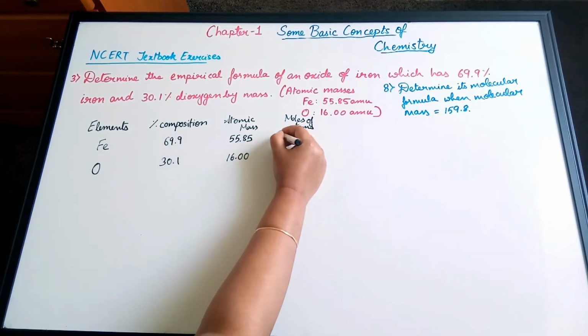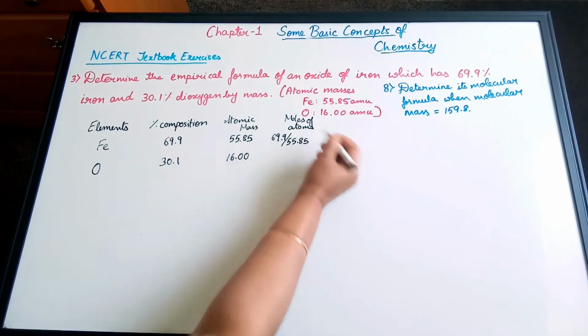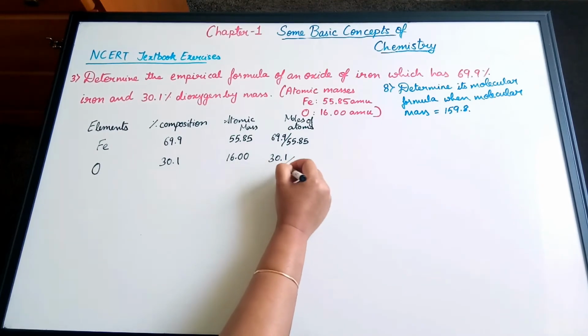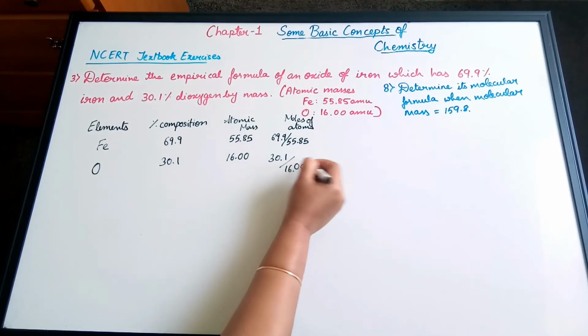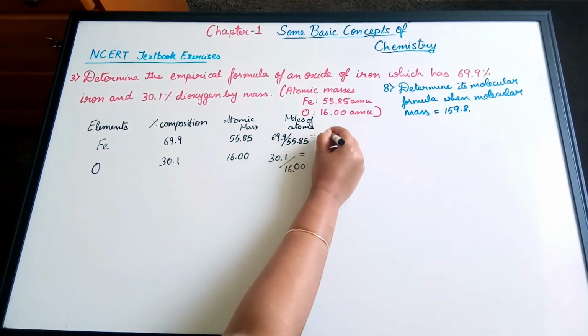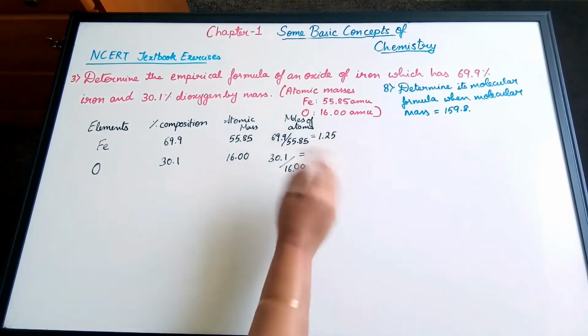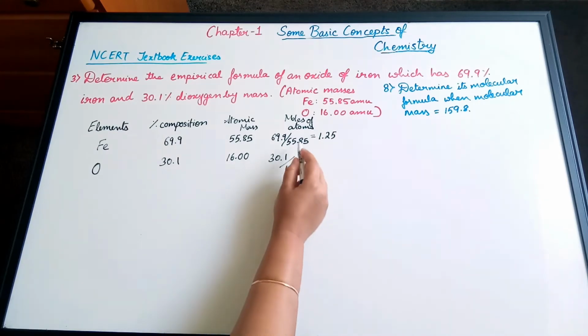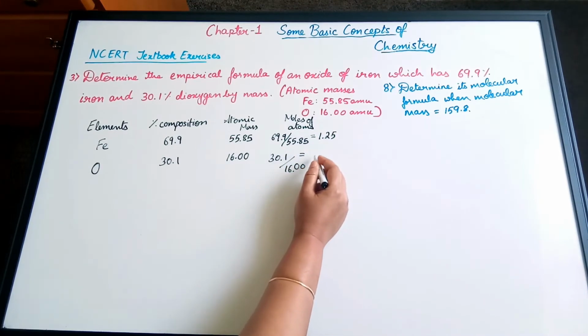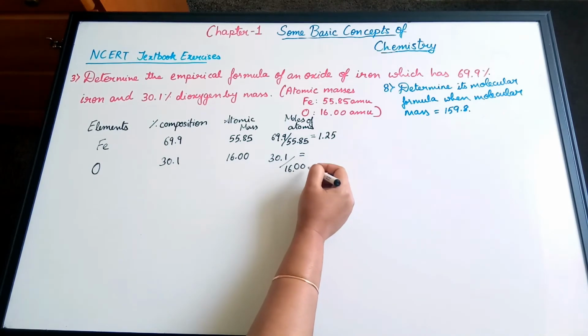So 69.9 divided by 55.85 and 30.1 divided by 16.00. So this will give us 1.251, but since we have only 2 decimal points, we'll be rounding it off to 1.25, and when we divide these two values, we get